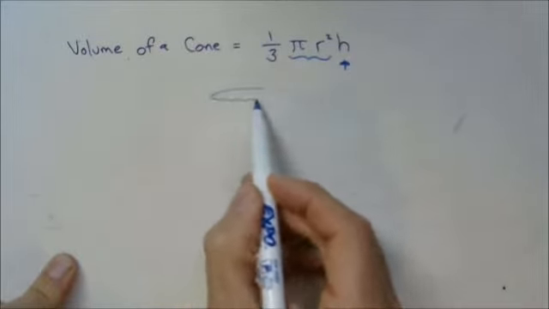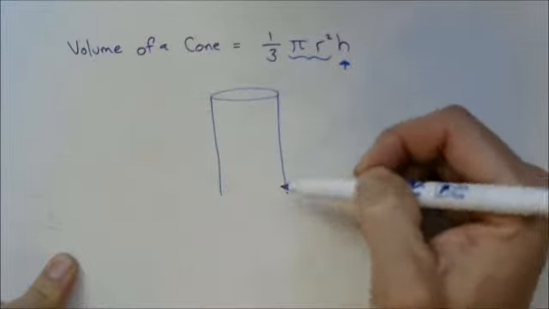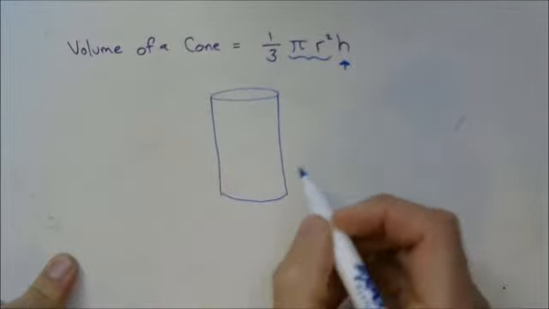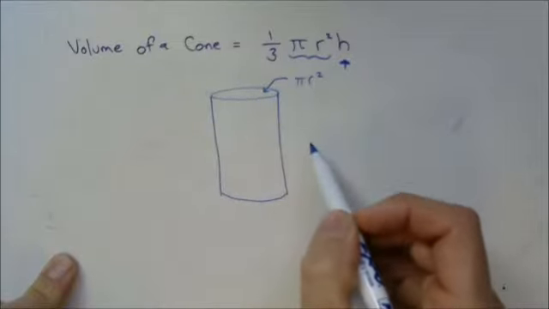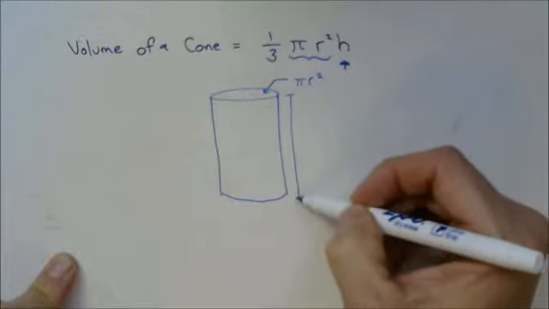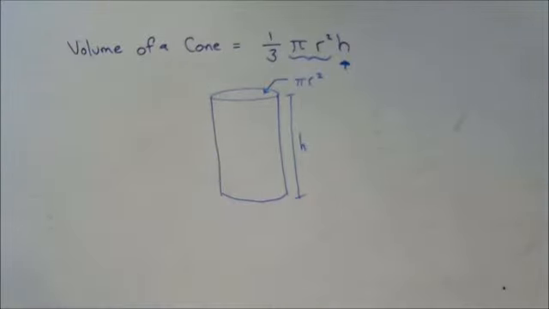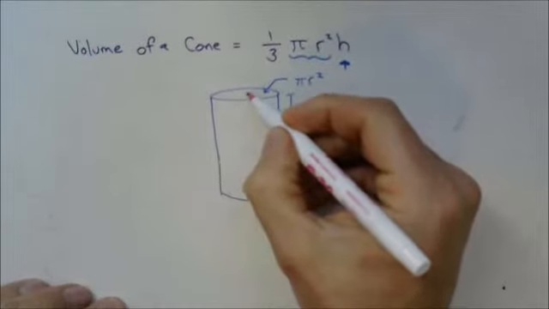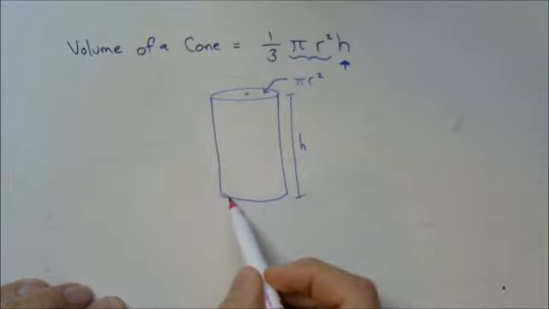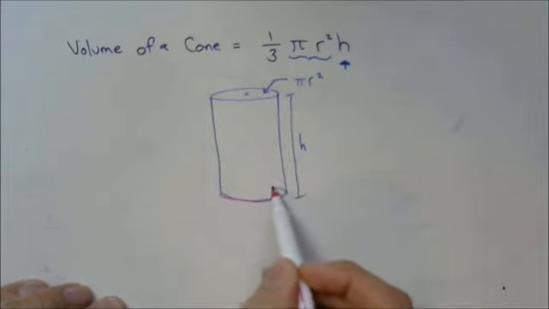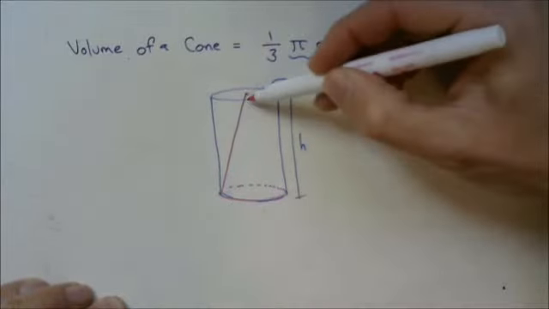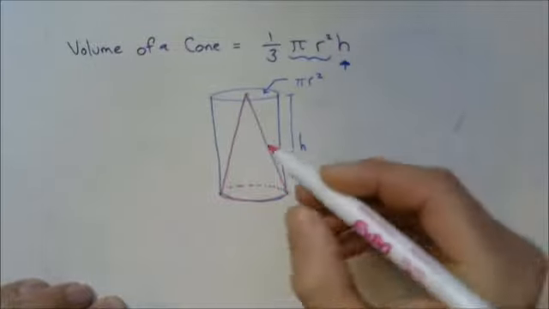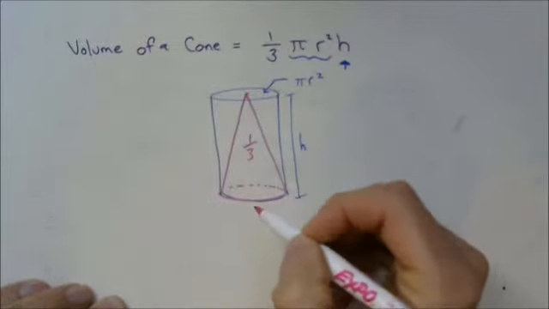the volume, okay? So if we think about that just for a second, here is a cylinder, and the area of this face is pi r squared. And then to get the volume, we would multiply by its height. Now, a cone with the exact same height and the exact same circular base, so the cone that fits inside that cylinder from top to bottom is going to have 1/3 the volume of